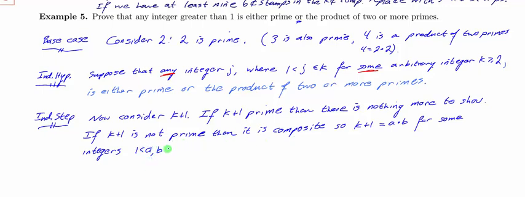And these are going to have to be strictly less than k plus 1. If I'm not allowing one of them to be 1, then the other one can't be k plus 1, i.e. a and b fall in the range that we've stated in our induction hypothesis. So, by our induction hypothesis,